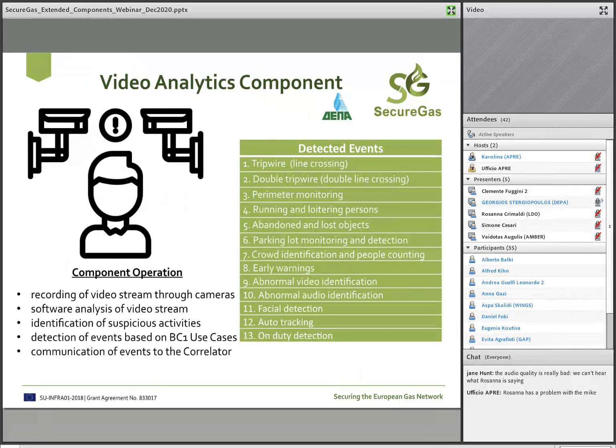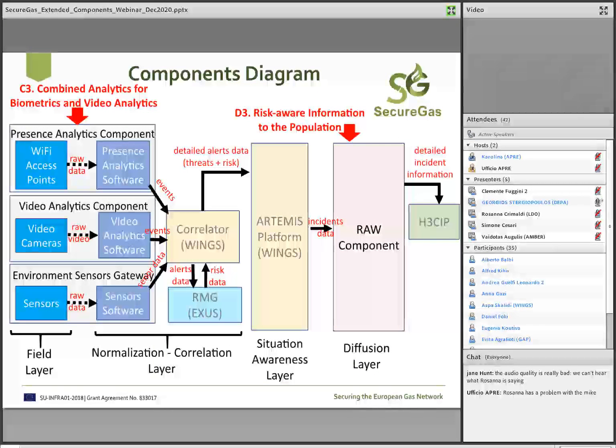Following up for the... sorry, why are the slides moving forward? Okay, do you see the components diagram slide? Yes, we can see that. Okay, sorry for that, but it got stuck and continued working on. Okay, so